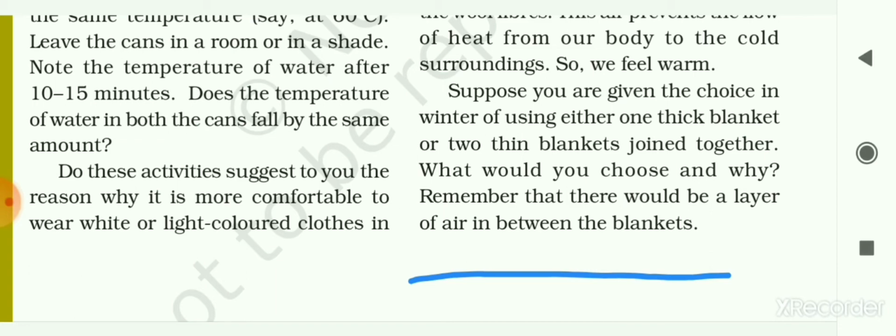That air is an insulator of heat, so it prevents heat from flowing from our body to the cold surroundings. So we choose two thin blankets joined together, in which we can feel warm, instead of one thick blanket. So now our chapter is over.